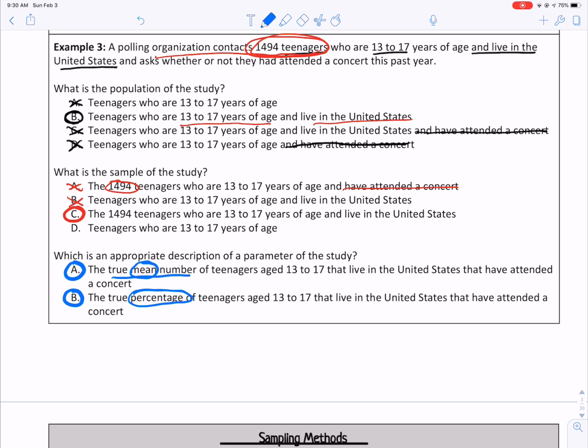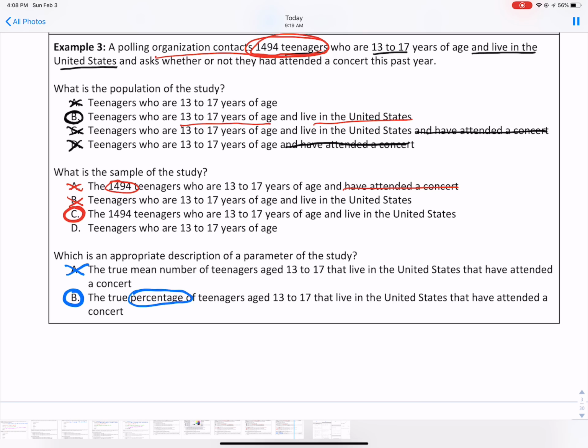So I would say, I changed my mind. Let's take away A. To find the mean number, we'd have to have the total number of teenagers to divide by, and that would be really difficult to gather. But we could definitely find the true percentage of teenagers that live in the United States. So I believe we'll go with B. All right. So that's it for